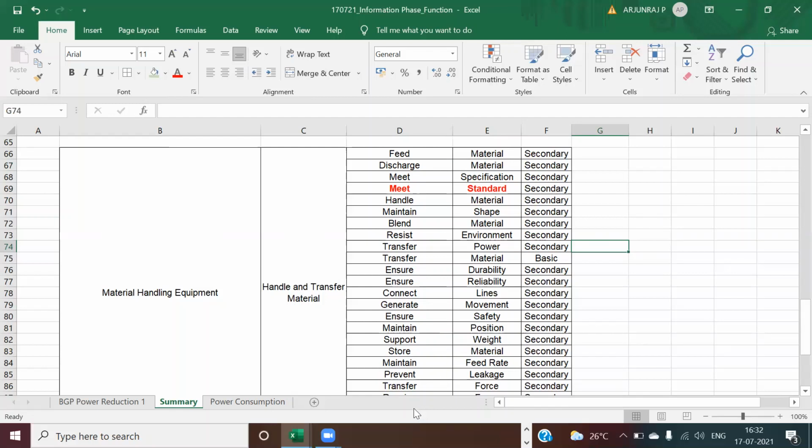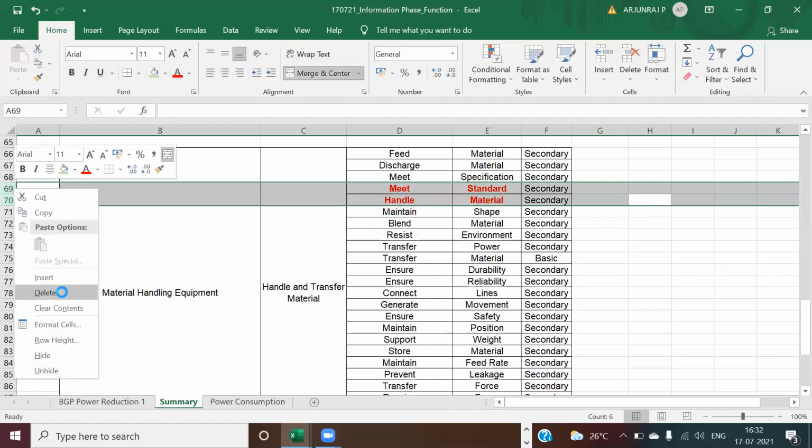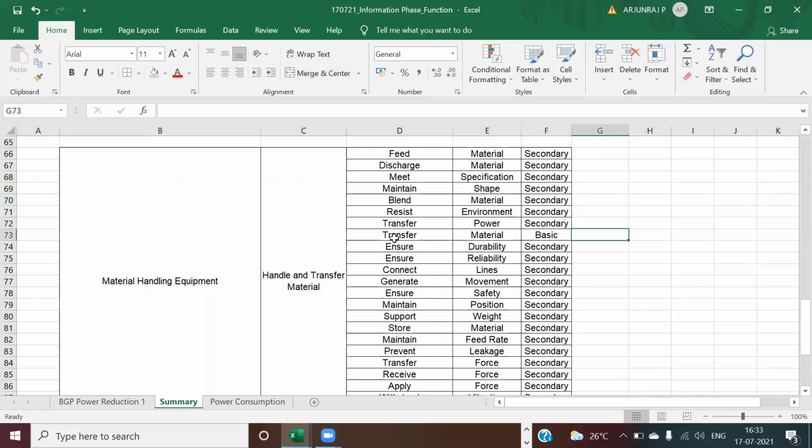That's why we need to have the interaction. We can remove the handle material. Handle material is a very common word, whereas discharge material is a very specific word. So we can remove the handle material. Okay, I'm also going to remove the standards. I don't think it is needed, because you are going to get the machine from your supplier, from your vendor, so it's okay. And the specification is important, for which you are going to spend. And then apart from that, anyway you are going to resist the environment, but are you going to concentrate too much on this just from the cost point of view?